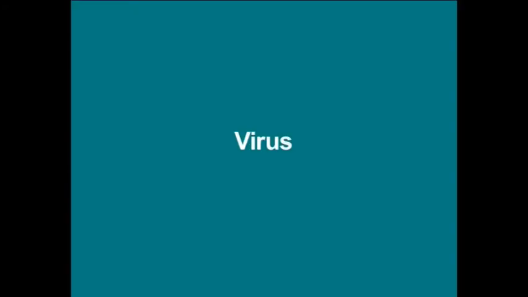Next are the viruses. Viruses are small infectious agents that can replicate only inside the living cells of organisms. They contain DNA or RNA as their genetic material, and viruses infect all types of organisms from animals and plants